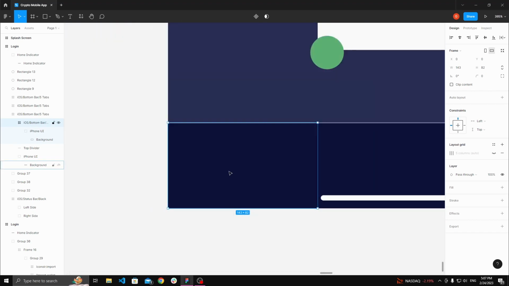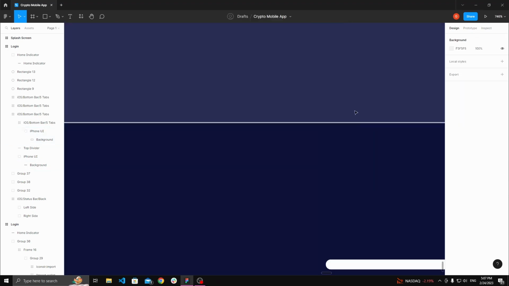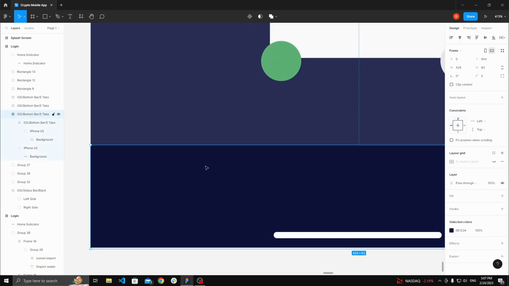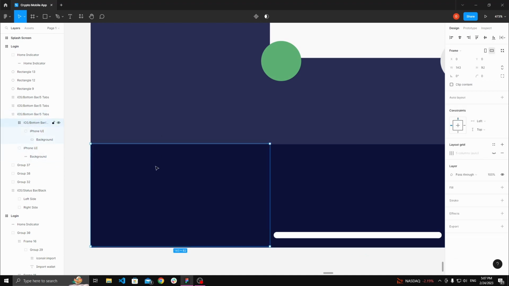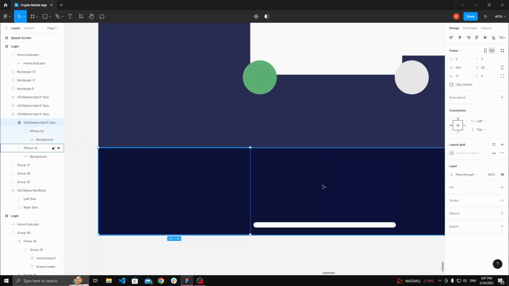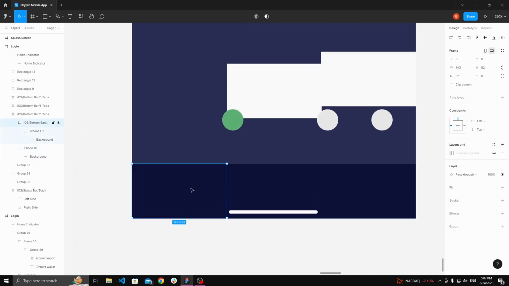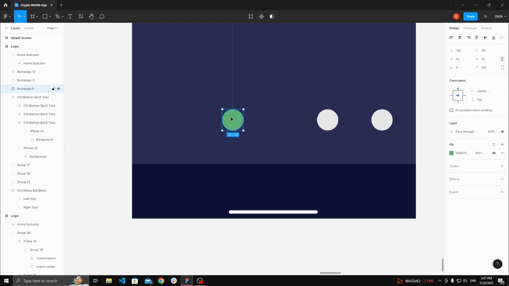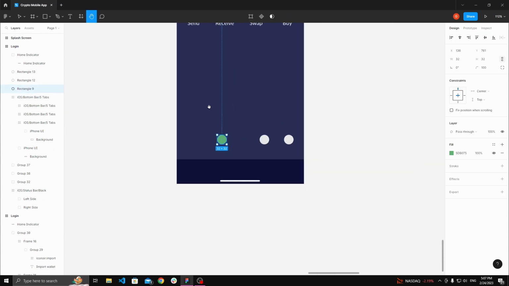Scale it down perfectly. Let's delete this line as well. Make sure to position everything perfectly. Okay, let's copy this 3 times. There we go. Let's delete these. And what we want to do now